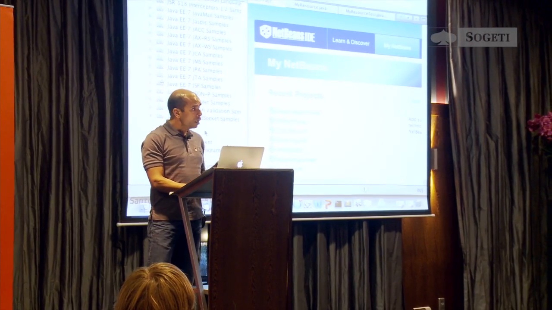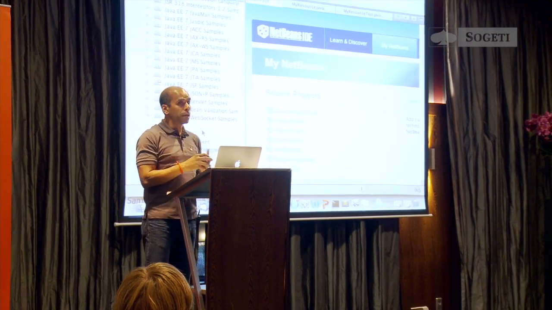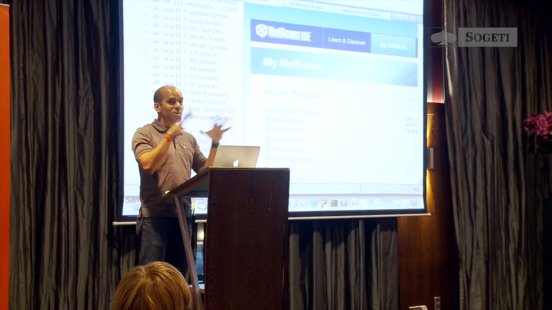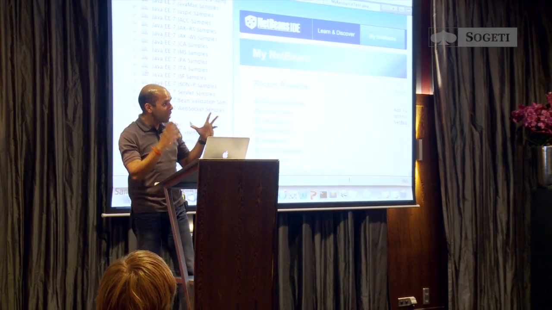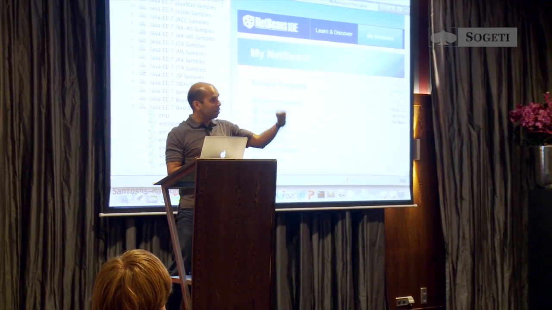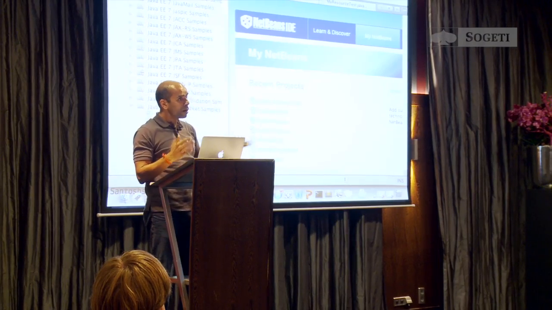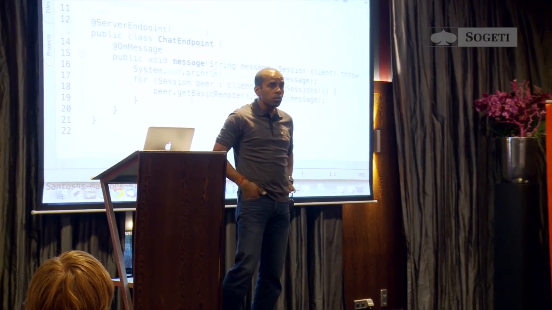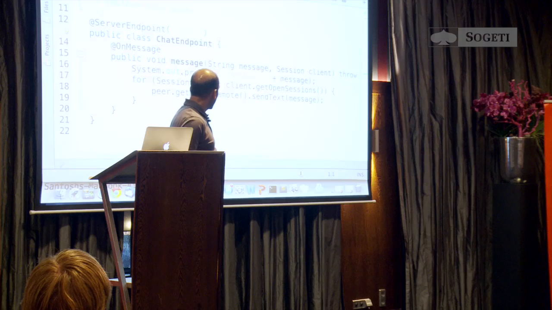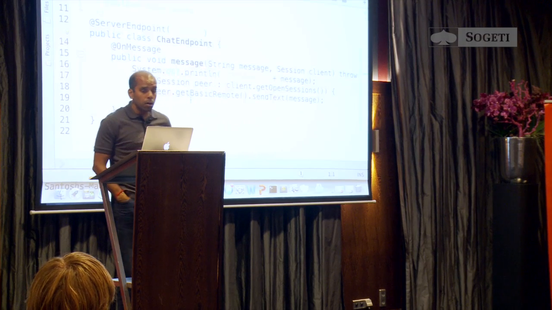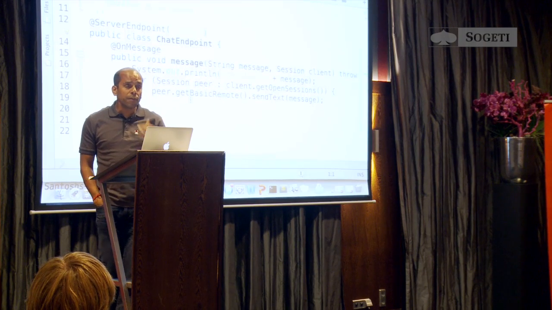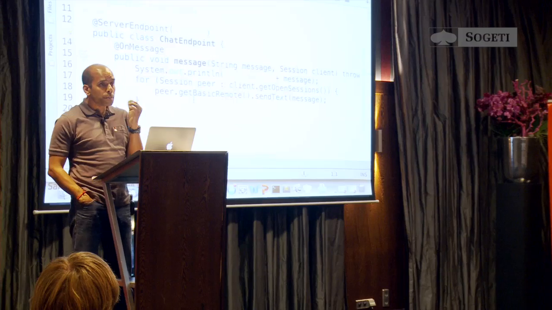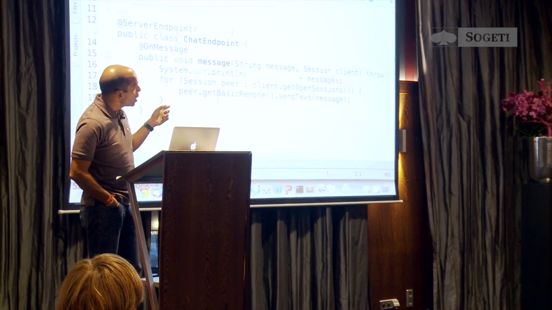Okay? Let's see how we build that kind of an application. Sounds pretty complex. You don't need to know all those details in order to build the application. But I always lift the hood and look under the details, what's happening under the hood. So here is my canonical chat server. How would I build a chat server? So if you look at it, it's my public class ChatEndpoint on line 13. In order to convert that into a WebSocket endpoint, I just put the @ServerEndpoint annotation.